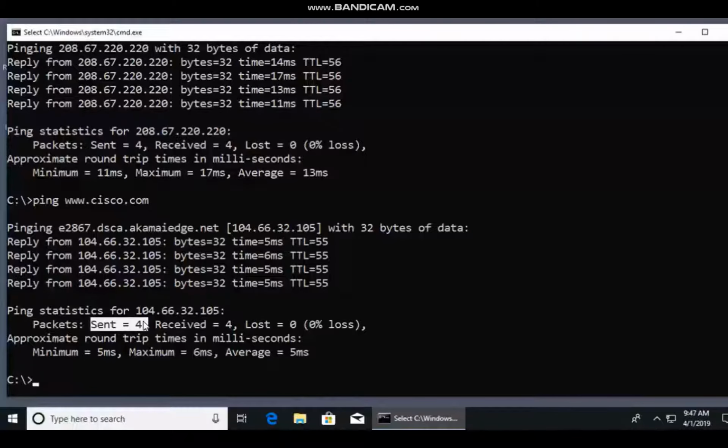You can see here that we've sent 4 echo requests and we've got 4 echo replies. Nothing was lost. We have 100% success. So that's ping and that's ipconfig. And for both of these, you can use your help modifier on the command line,